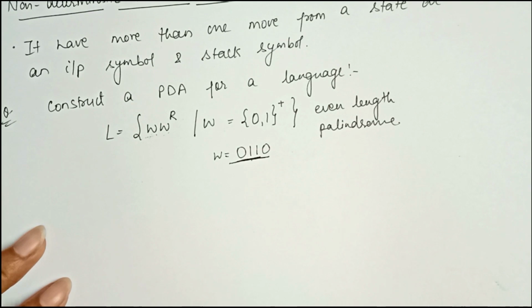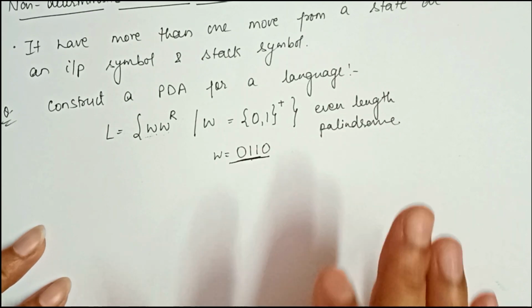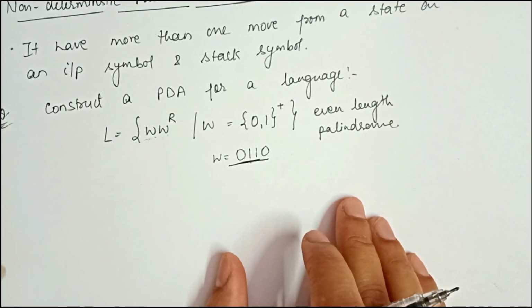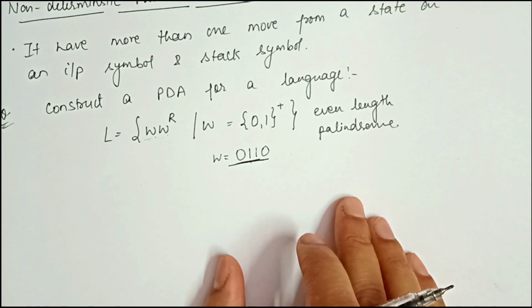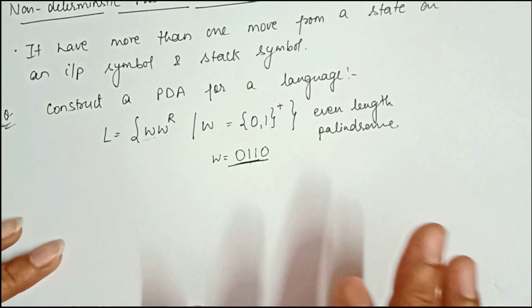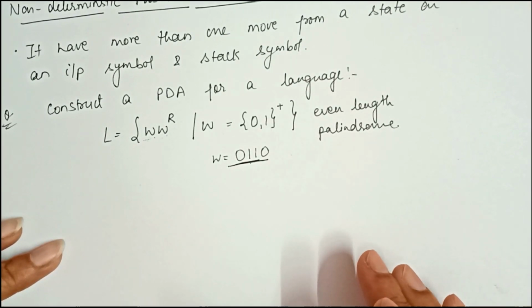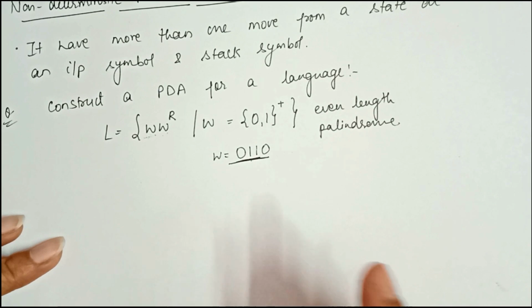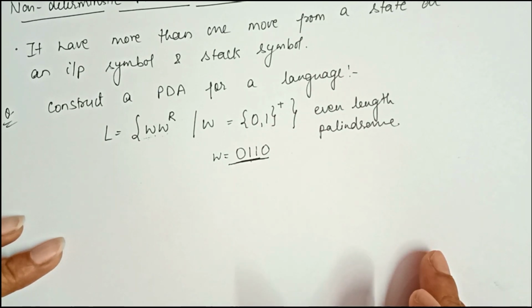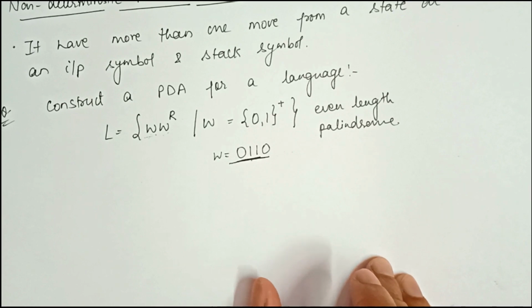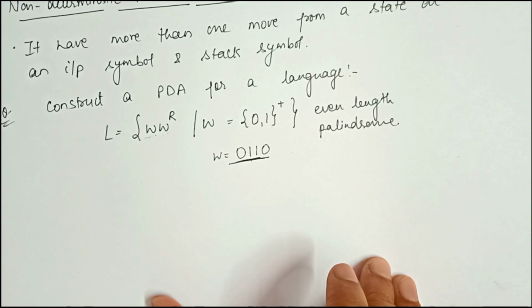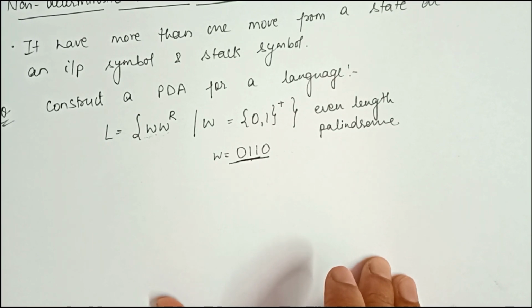But the main problem with this type of PDA is that it must guess when to stop pushing the symbols, jump to the final state, and start matching off from the stack. So we have to guess, or prepare some cases, so that we can decide when to stop pushing symbols into the stack. Therefore this machine is known as non-deterministic, because for a single input symbol from a state, we have more than one move.